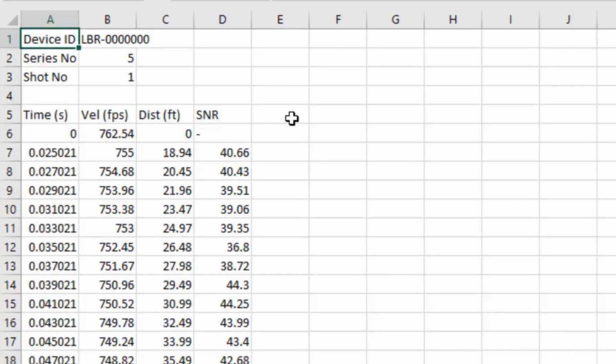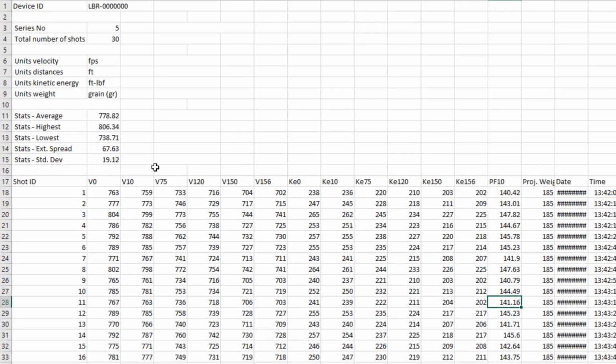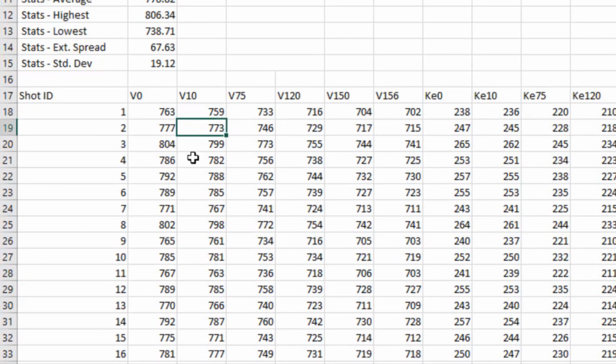All right, when you look at it, like the previous one, the bullet first entered in the radar signal at a little over 6 yards. And we see the predicted velocity at muzzle velocity, but we don't see anything for 10 feet. Well, the reason we don't see anything for 10 feet is because the bullet didn't enter in the radar signal at 10 feet. It was at a little over 18 feet. So what the LabRadar software does, when we ask for a distance shorter than when the bullet first enters the radar signal, it uses that predictive software that we talked about a little bit earlier and predicts this is what your velocity for each shot is going to be at 10 feet.